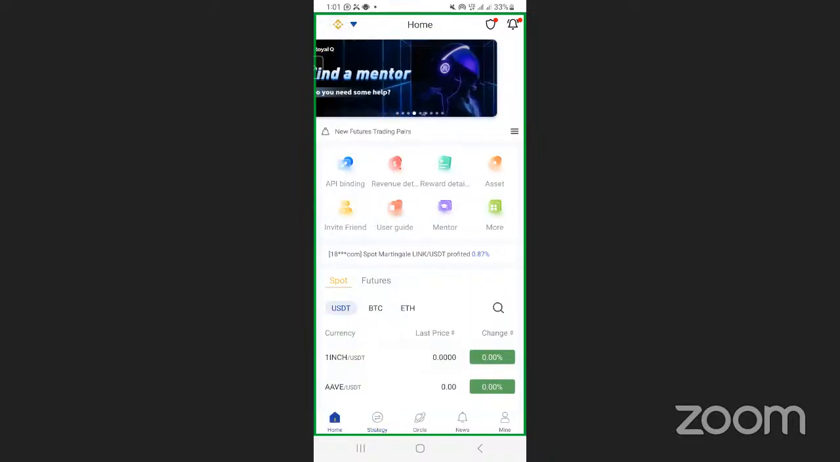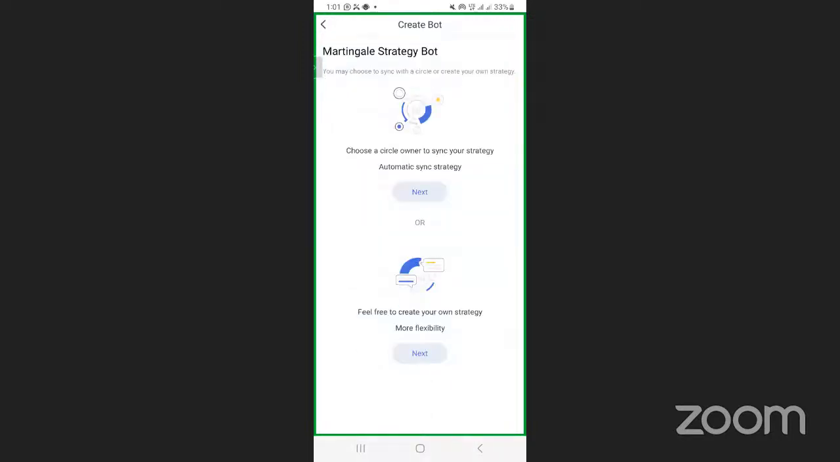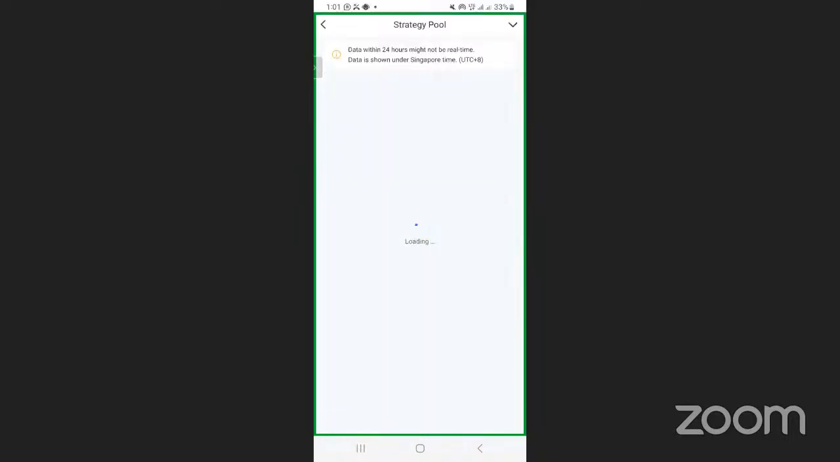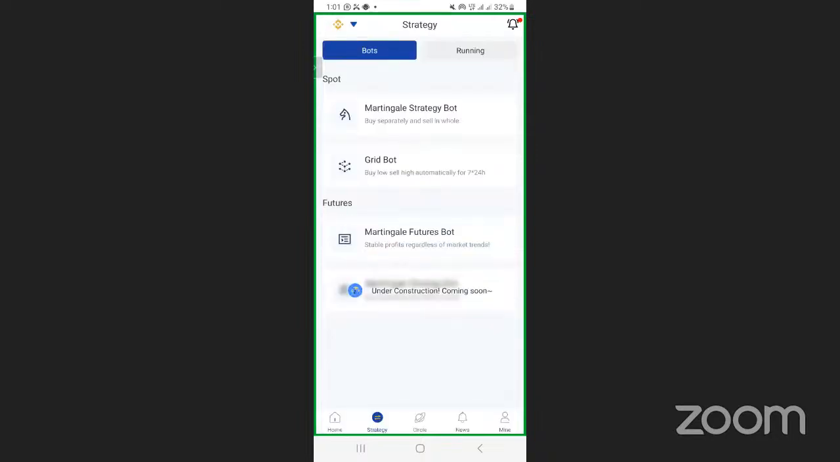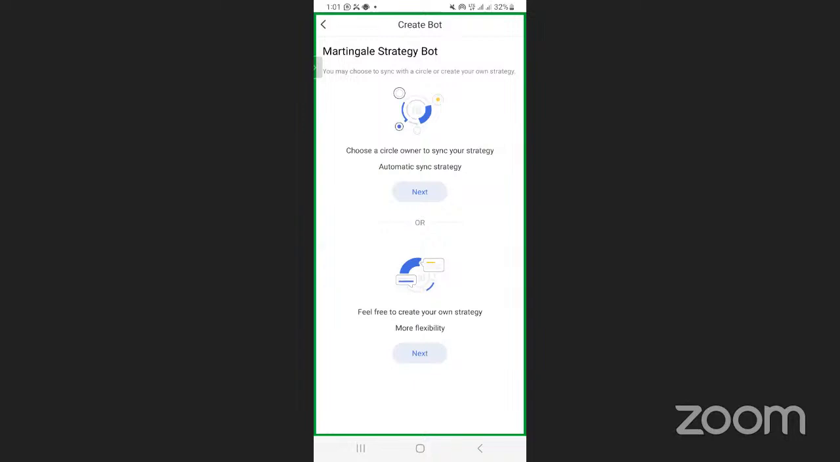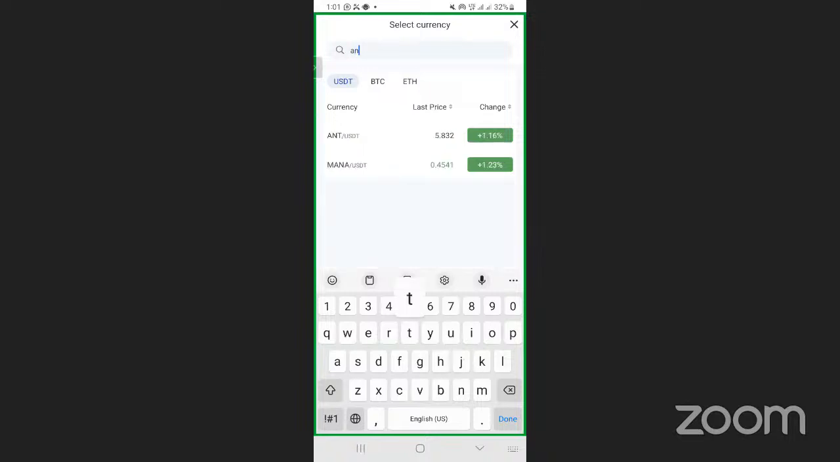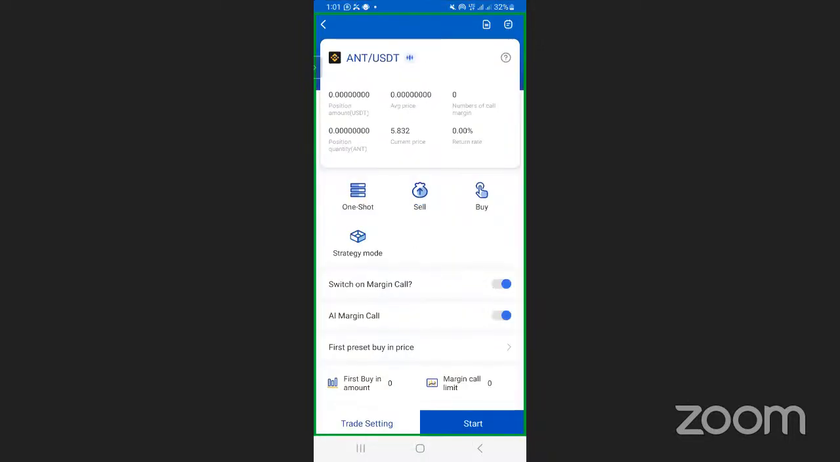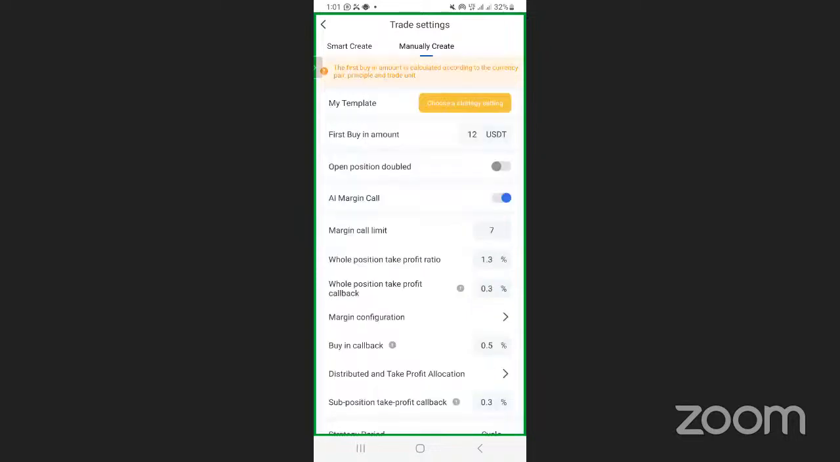You go to strategy, Martingale bot, create your own. I think you know all this, eh? So you know how to order the robot. Martingale bot. I want to create my own. So I look for the coin called Ant. So I'll go to trade settings. Depending on your trade settings, very many people have their own trade settings. So you would tell trade settings, manually create the